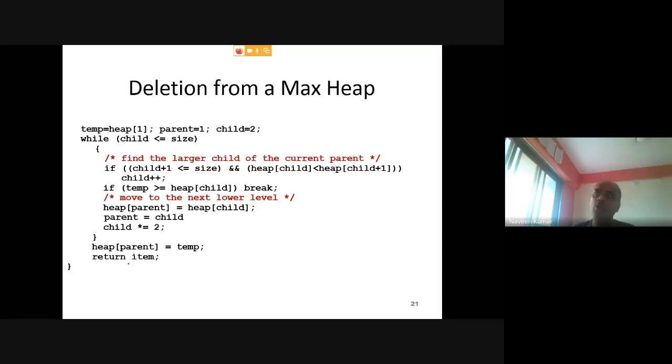Now what? You need to start comparison. You need to start comparing that root node with its children. That is what we are doing here. So you need to create a parent. Initially, the root position will be the parent, so index i = 1 will be your parent, and temp is already defined. The new root element will be your temp now.